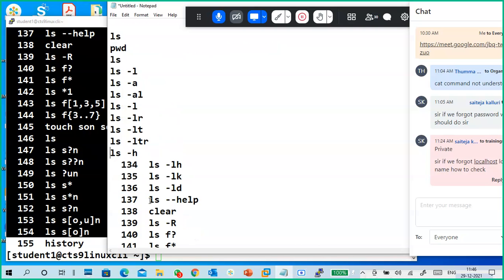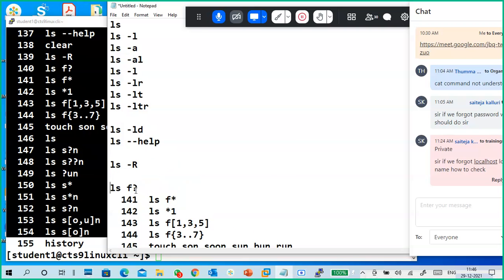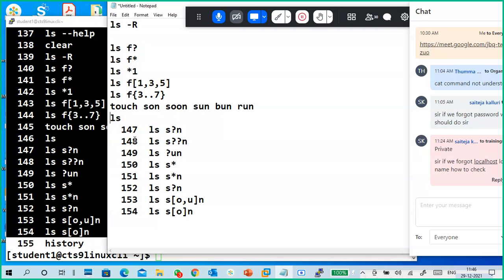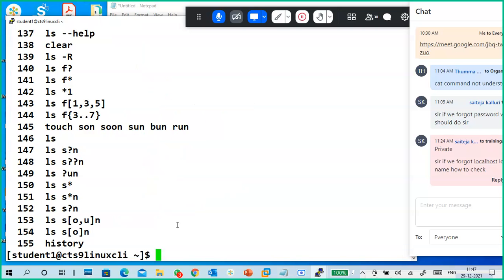In the afternoon I have an HCL batch. This is the ls command.